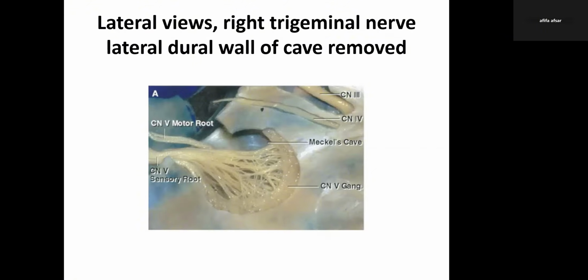We're going to talk about the trigeminal nerve. The dura has been removed from the lateral aspect of Meckel's cave in order to understand the formation of the trigeminal ganglion. We can appreciate that the motor root of the trigeminal nerve tends to lie anteriorly and rostrally, whereas the sensory root lies slightly posterior to it. These are the diffuse anastomoses of the sensory nerve rootlets until they form the sensory root ganglion of cranial nerve 5 in Meckel's cave, and then the division of cranial nerve 5 into V1, V2, and V3 respectively takes place.